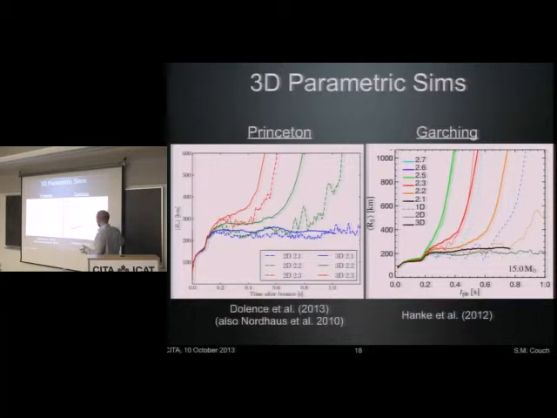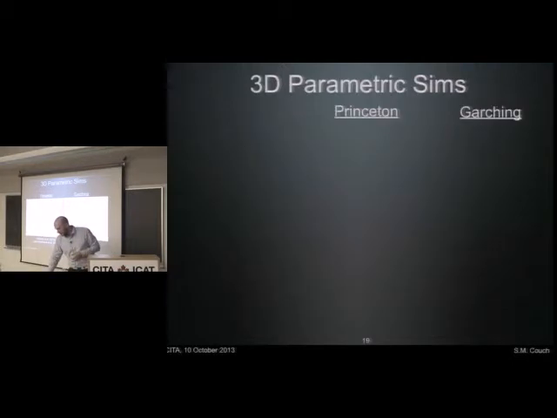In some of their simulations, 3D explodes faster than 2D. What they actually found in their results was that it was highly dependent on resolution. They found a really strong dependence on resolution, and they happened to use significantly lower resolution than the Princeton group. So, a summary of these calculations and their differences.